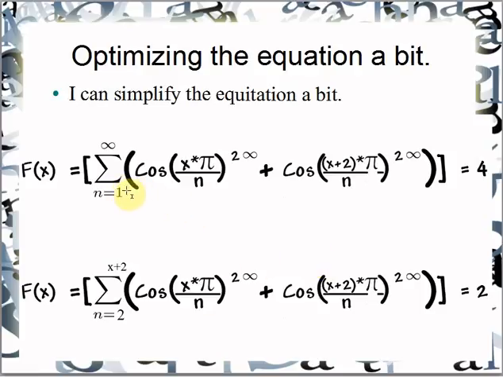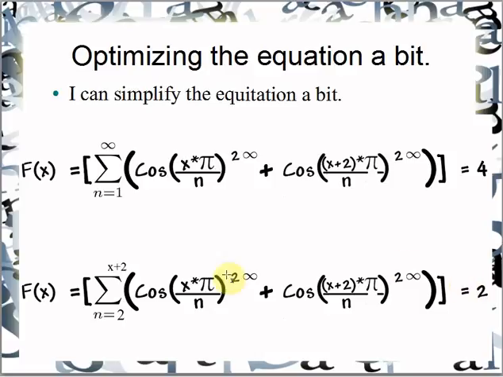I add from 1 to infinity because I wanted my original equation to do more than tell me which numbers are prime. I also wanted it to tell me, if the numbers are not prime, how many factors it has. At this point, I really don't care about any factors. This is just an equation to actually determine a pair of twin primes. So I could start at 2, ignoring the 1 value. Once I start at 2, I'm knocking out the 1 echo repeating from both equations. 1 and 1, I'm knocking out 2 numbers, so this gets reduced to